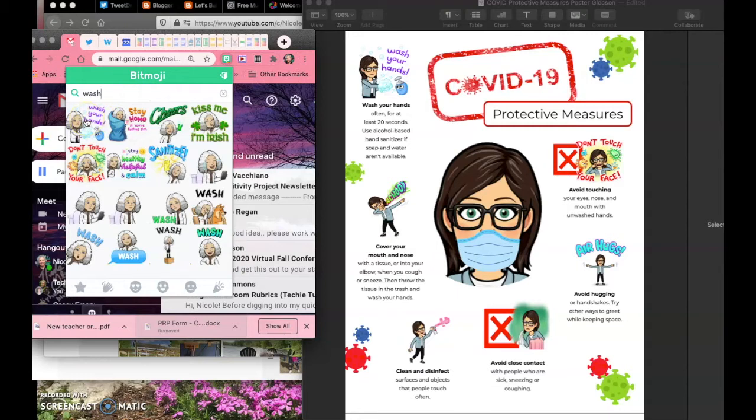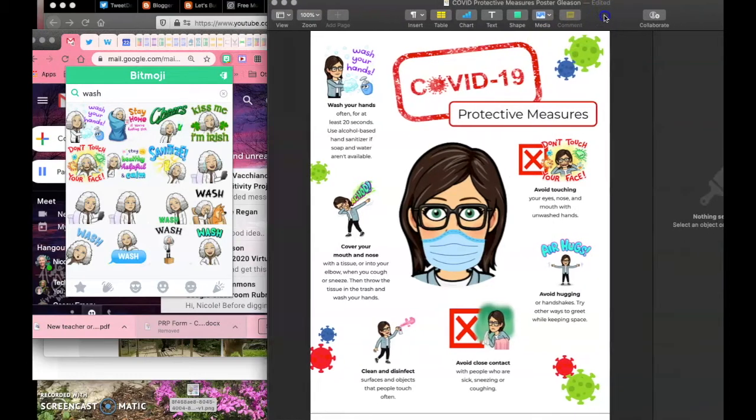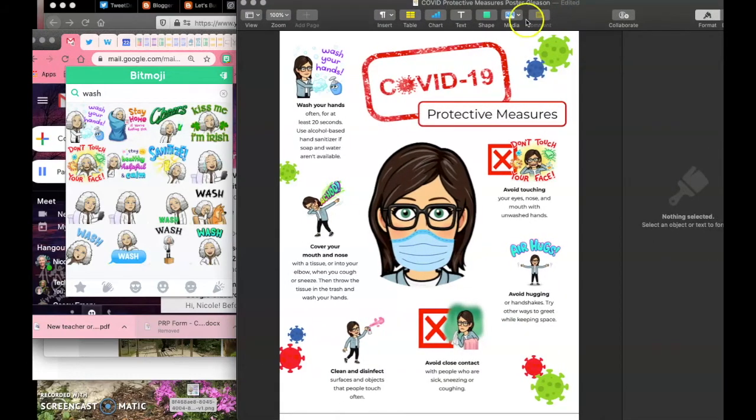And you could customize this and see if there's something better that you like. You don't have to necessarily use what Brandy used. And then I'm going to click it and drag it down to my desktop. Once it's on my desktop, it's ready to go up here, but I need to get rid of what's up here right now. So I'm going to go back to my Pages document,